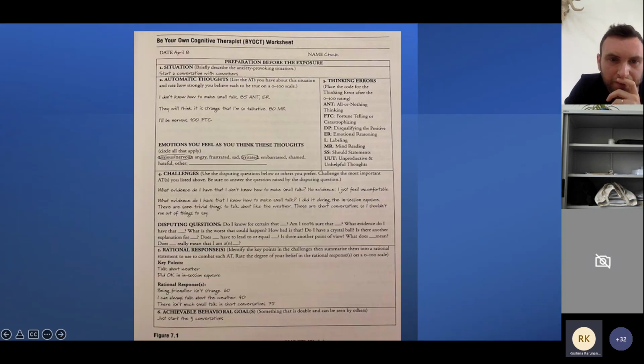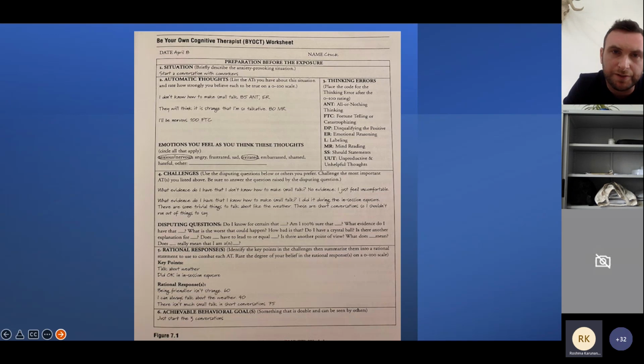And that's just a better version of what I can see. The two end bits, actually, number 5 and number 6, are really useful because you're looking at more rational responses, key points, rational responses, and what the person achieved. So in terms of CBT, it's very structured, it's very, very goal orientated. And if you have a look at this situation, this is a really good format to help the person to be able to challenge a lot of their thinking patterns, and also come up with more helpful statements of what they can do.